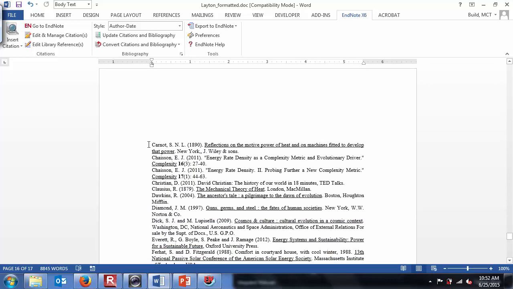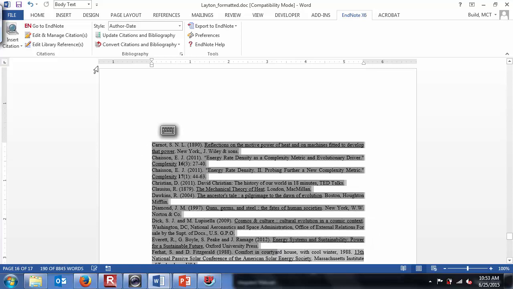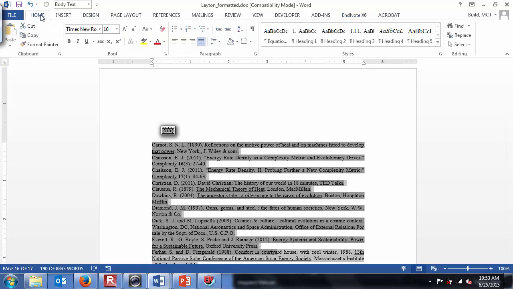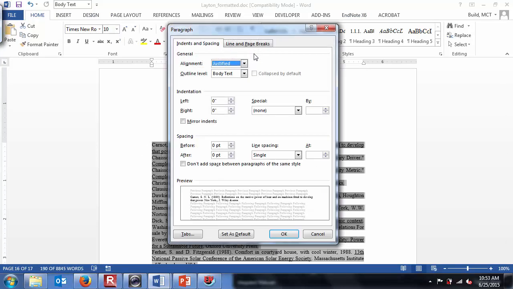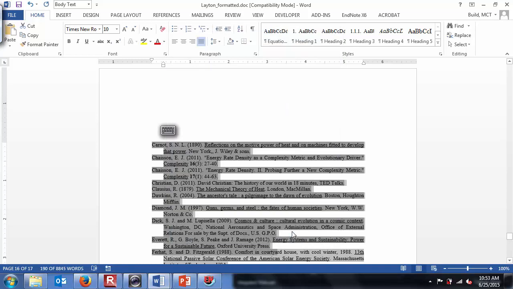So in the paragraph settings, you're going to want a hanging indent, so you can actually see the author's first name. So an author's first name, the year it was published, the title of the work, and then where it was published, etc. Now, in the case of a web reference, and I think I have several of those as well,